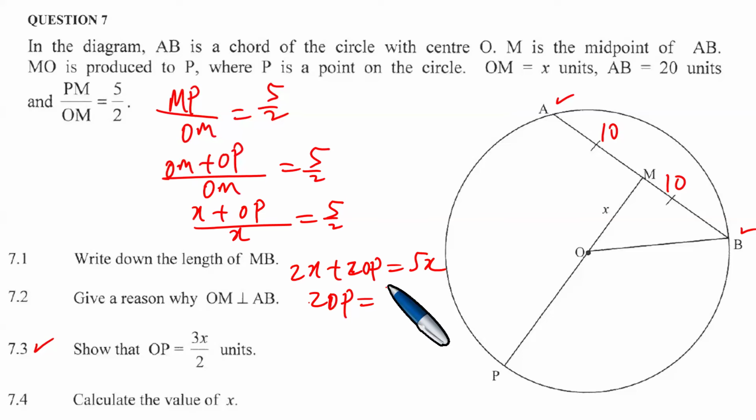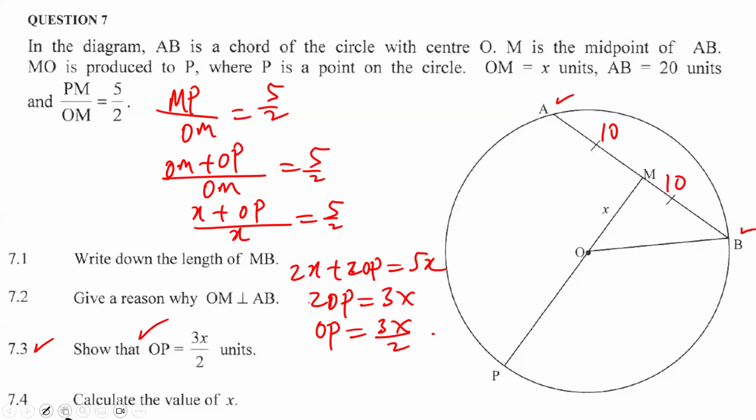Twice OP is 5X minus 2X, which is 3X. OP is 3X over 2. So now we have shown exactly that. Because the examiner gave us this to show, we know that the